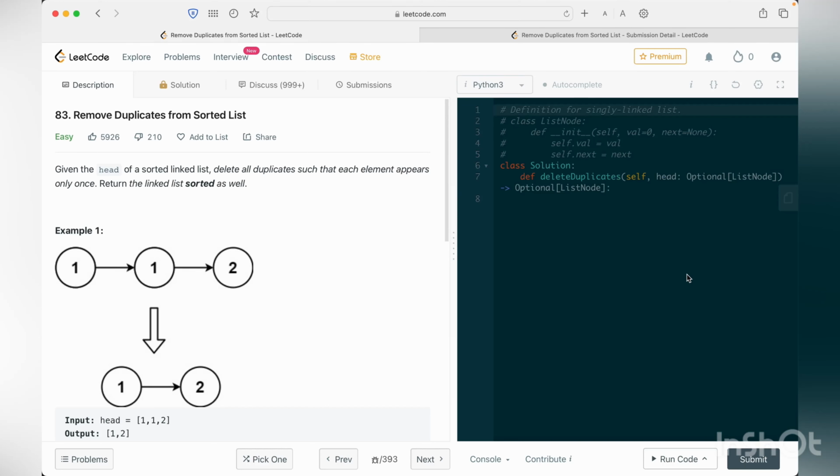Hey people, so today we are going to discuss the LeetCode problem, remove duplicates from sorted list. In this problem we are given the head of a sorted linked list and we have to delete all the duplicate nodes that are present in the given linked list and we have to return the linked list in the sorted form. So if I have to give you an example,